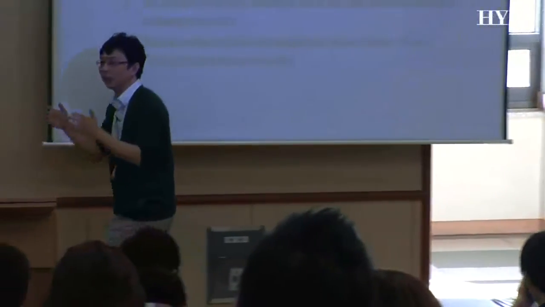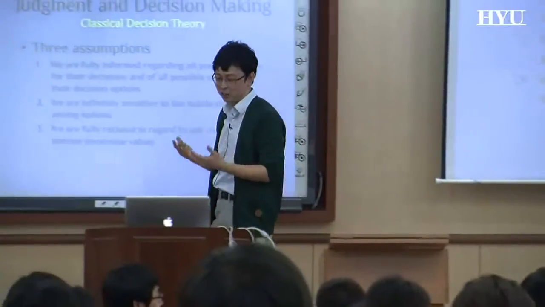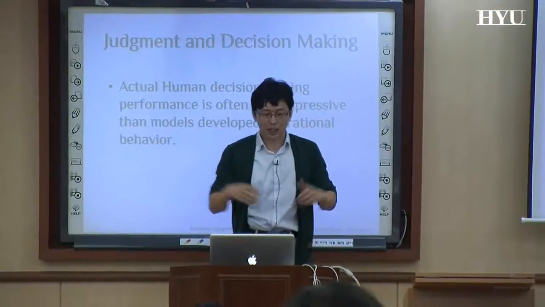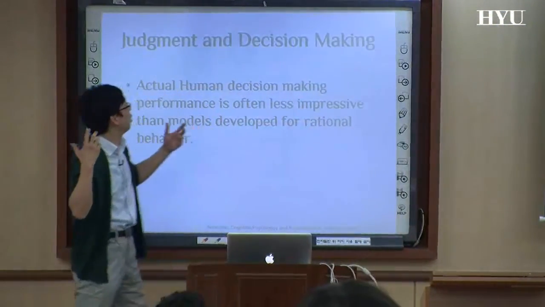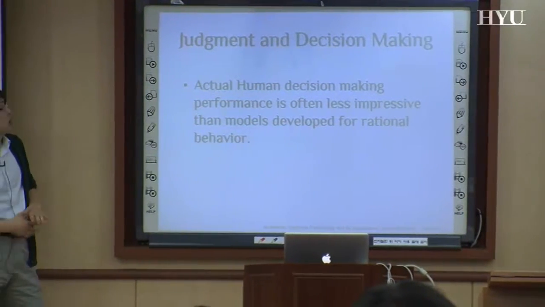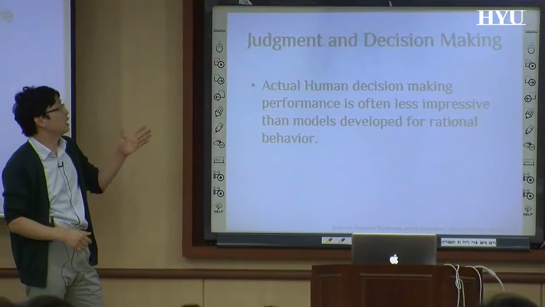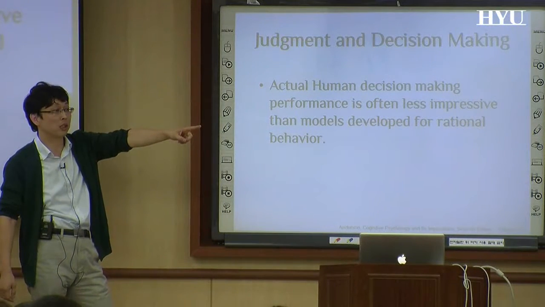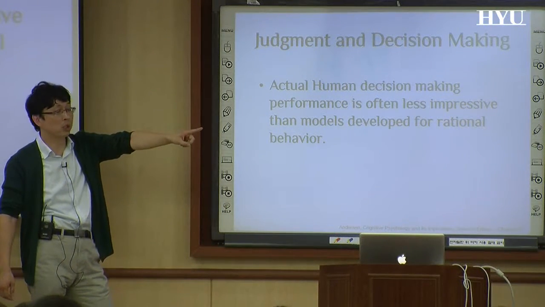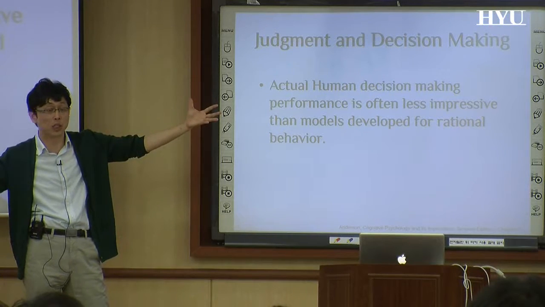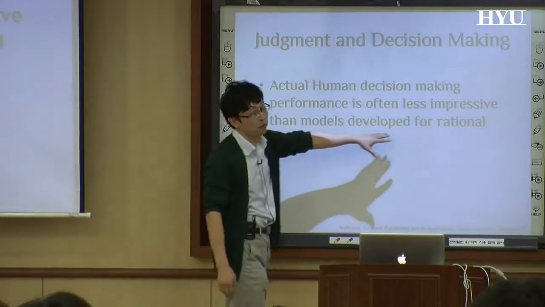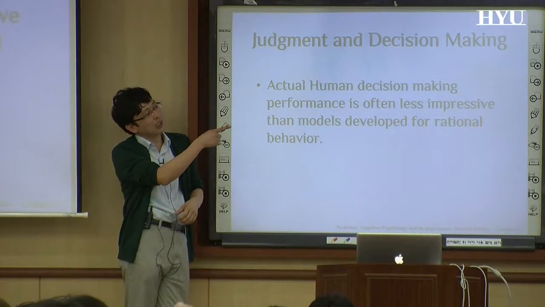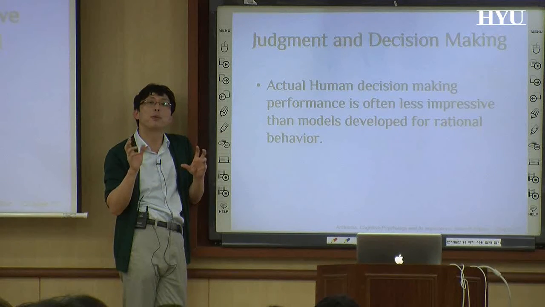Okay, that is 3 things. You get it? Bear in mind these 3 things. Now I'm going to play with you guys. That is our textbook story. Our textbook says actual human decision making is less impressive than that model, rational choice theory. Rational choice theory or other economic theory on decision making always says very rational behavior. We are very rational. However, actually, when we observe how people make decisions,